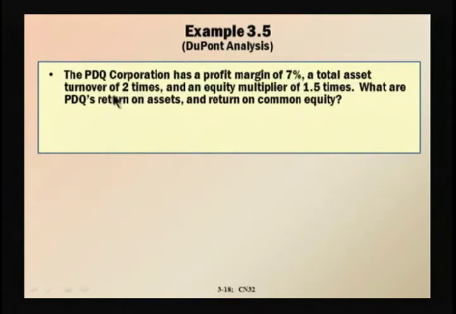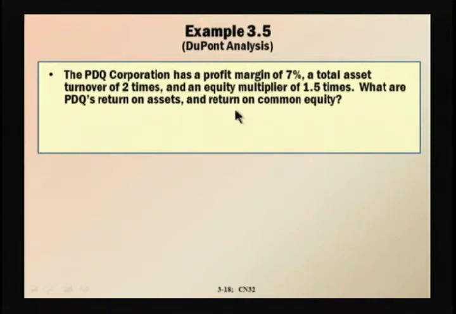A total asset turnover of 2 times, which means its sales are twice its total assets, and an equity multiplier of 1.5 times, which means the firm's assets are 1.5 times the equity investment that the shareholders have made inside the firm. So we're supposed to calculate the return on assets and the return on equity for the firm,